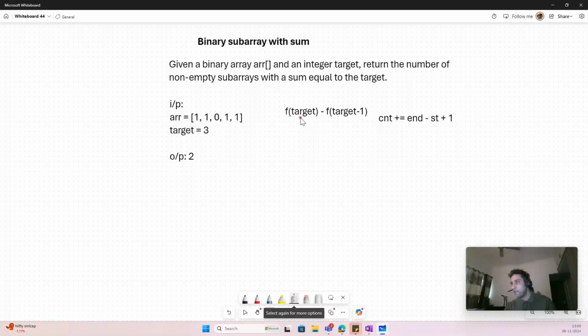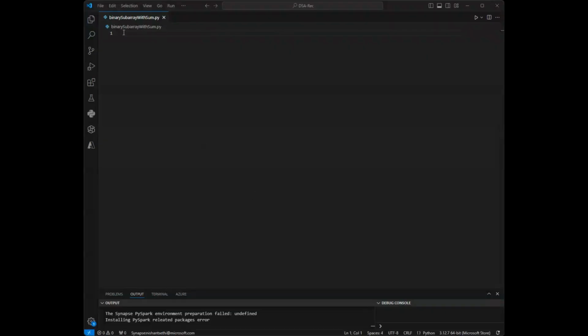All right, so let's implement the solution that we just discussed. Let me create a function over here, and let me create the at most sum function first, which will get the count of the subarrays with less than or equal to target as the sum. It will expect two parameters as input,